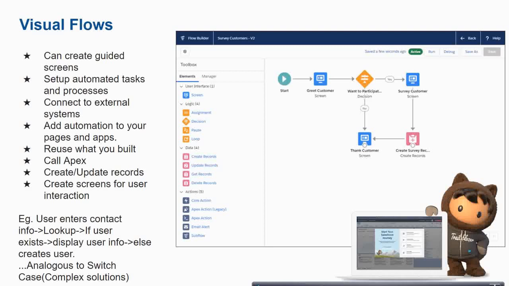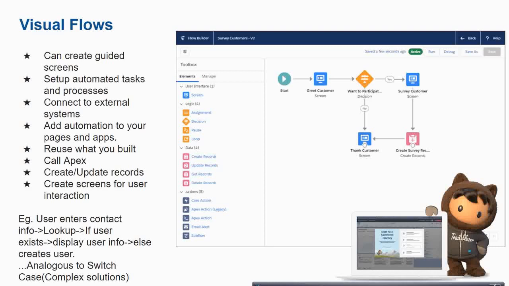Apart from this, visual flow also provides guided screens. I will talk about that. Now you'll ask, why do we need process builder and visual flow? The main difference is that visual flow lies somewhere in between workflow and process builder, and it is kind of a switch case statement.